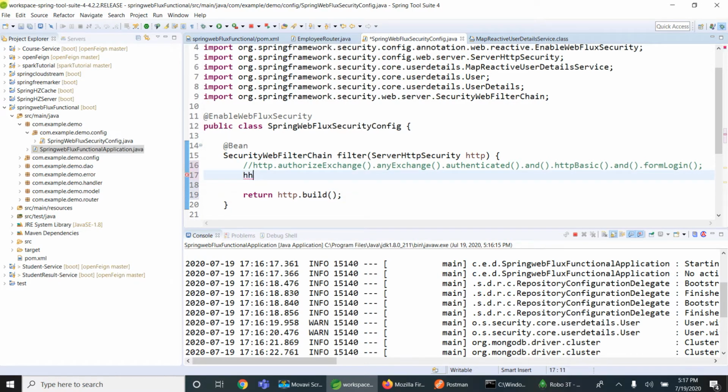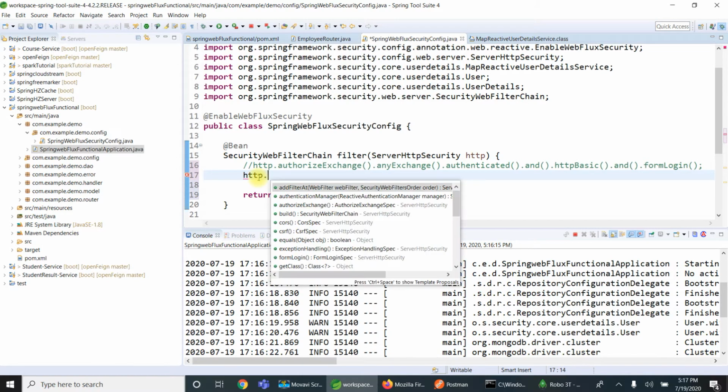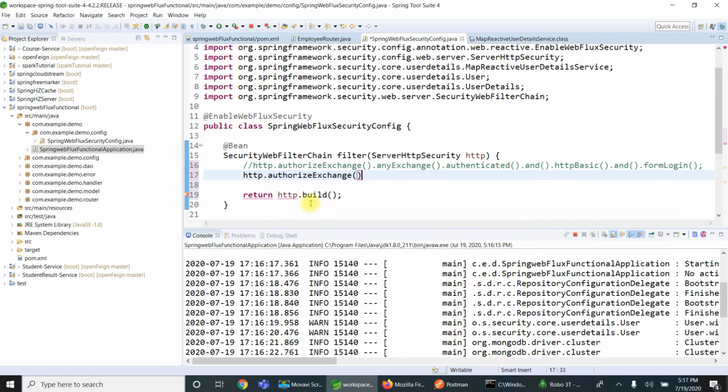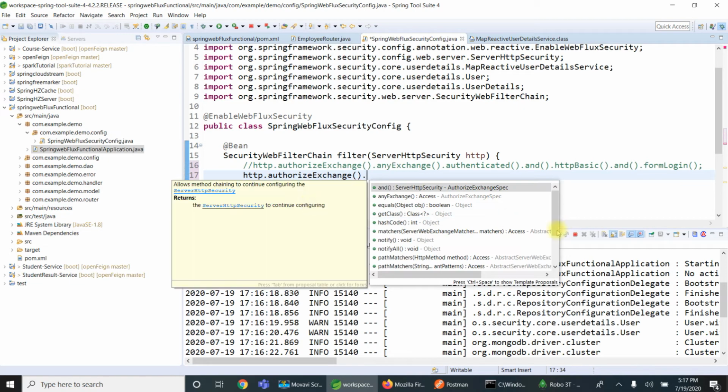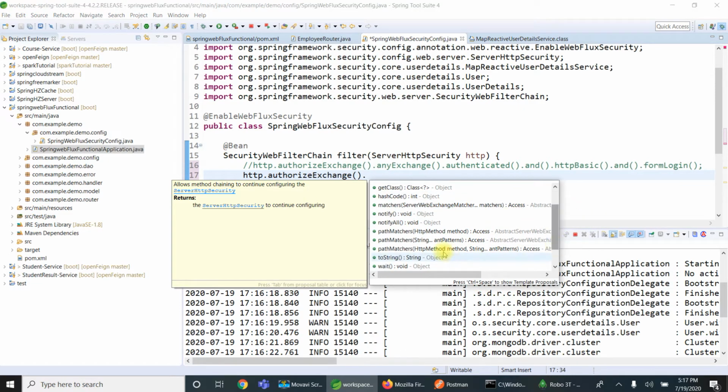What I'm going to do now is http.authorizeExchange().pathMatchers. See here, we have three types of path matchers. I can pass a particular HTTP method and require some role or authentication. Or I can permit without any authorization by passing to pathMatchers. All these methods don't need any authentication, the other methods do. We can pass the string pattern also, the endpoint we are going to expect. That also I can pass to pathMatchers.